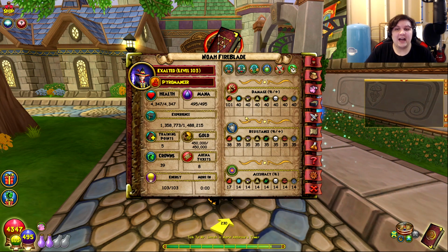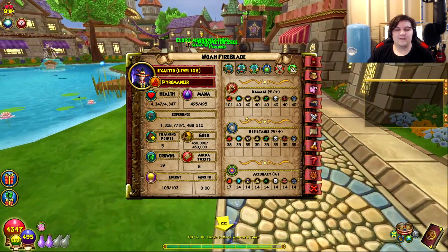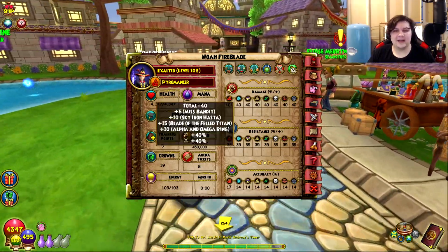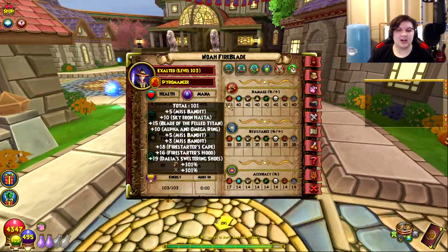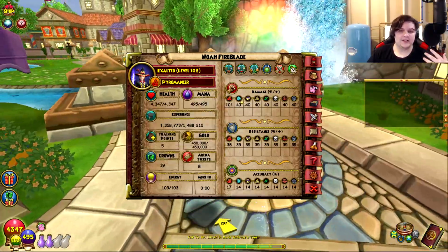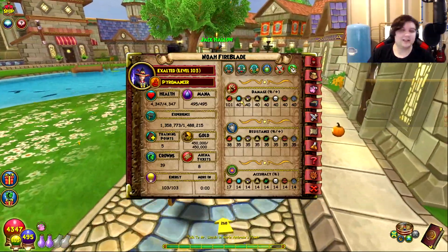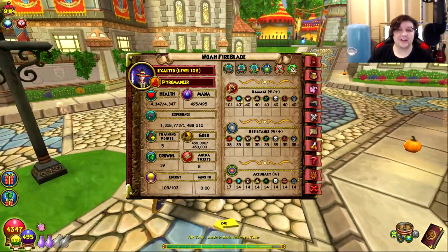Now, obviously, I don't have the full 2x multiplier, but I don't really care about that. I would need to sacrifice a lot of damage for that multiplier. Obviously I haven't farmed for gear yet, but say I had 120 damage, which is around average at this level. If I had 120 damage and say only 300 crit, to get more than 300 crit and to get the 2x multiplier against Arc 3 enemies, I would have to sacrifice maybe 20 to 30 damage